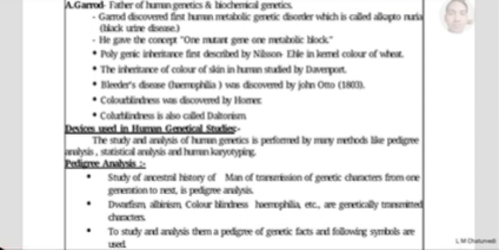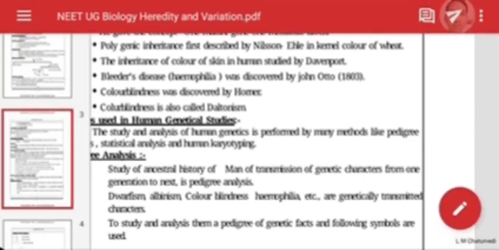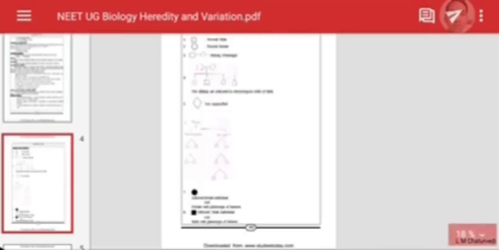In such questions, we can start solving from the bottom to top, that is, offspring to parents, and only four options can be formed: either X-linked inheritance, or Y-linked inheritance, or recessive autosomal inheritance, or dominant autosomal inheritance. You have to see some diagrams here.